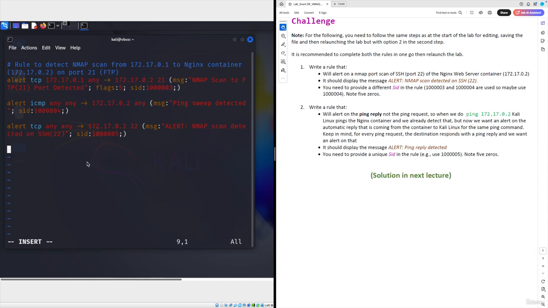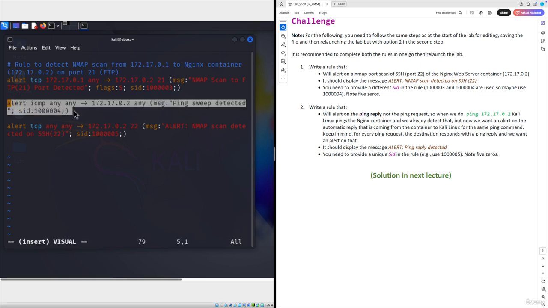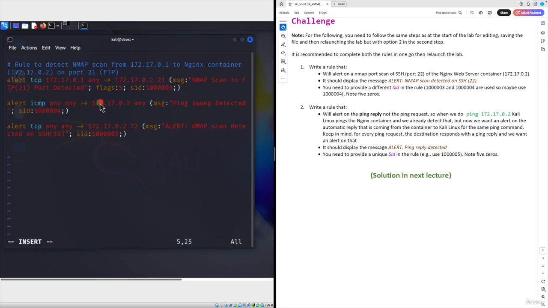The key point to understand here is that we already have this rule in which, when Kali Linux was trying to ping the container, we saw the message ping sweep detected. The key point is the direction of the operation, or the direction of the rule. In this case, we'll still have the ICMP protocol, but we'll have it this way,